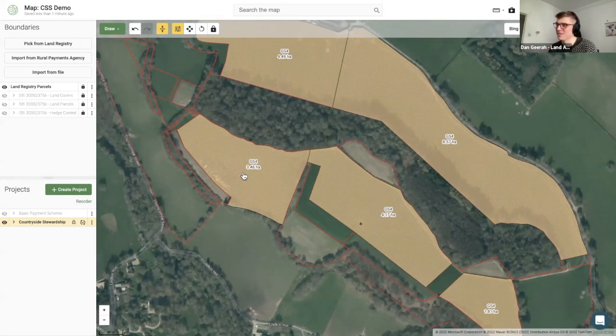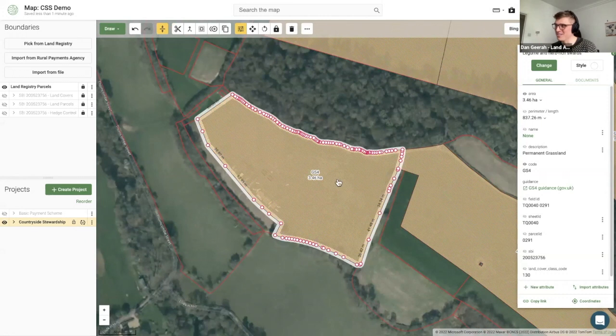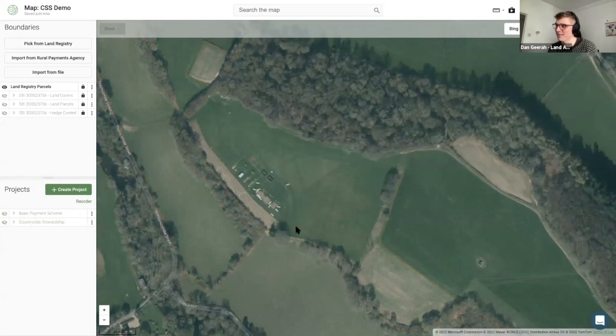So just taking this field, for example, it's in a bit of a funny shape. And let's say I wasn't going to put it into GS4, I was looking to keep it in production. So it's one of my profitable, productive barley fields. But what I was really keen to do was explore some of those other arable options. Now, the obvious one that I can see when looking at this, and actually I might just turn off completely, I know this is grass again, but let's just be arbitrary for now, is that I've got this extra